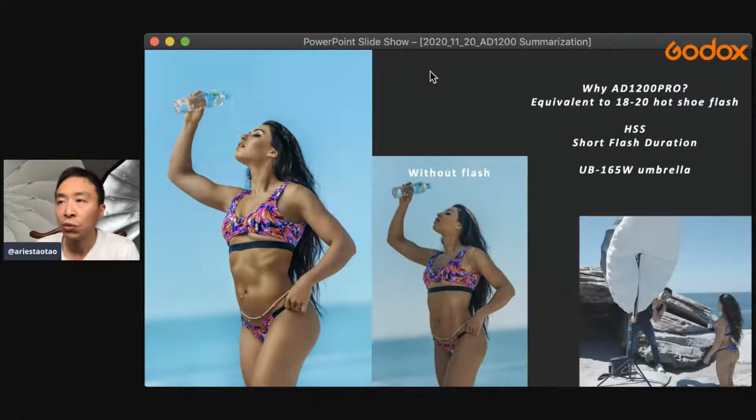What short flash duration means is that not only does HSS help you to freeze, you also want short flash duration to help you freeze the motion as well. In this particular case, we are trying to freeze her water. Why would I want to use an umbrella? That is because, number one, we can block her from the sun, and number two,